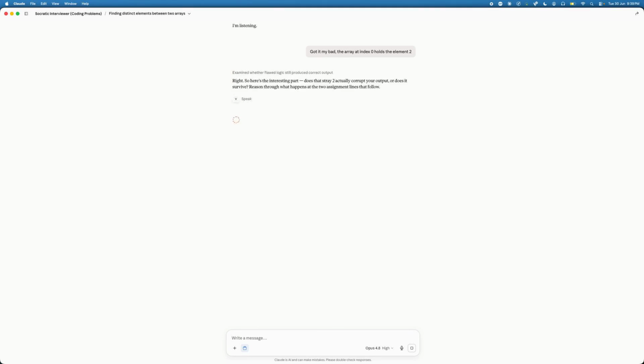Right, so here's the interesting part. Does that stray 2 actually corrupt your output, or does it survive? Reason through what happens at the two assignment lines that follow. Talk me through it. I will have to cross check that with array initialization because